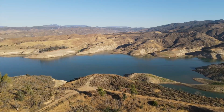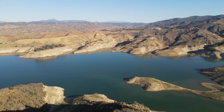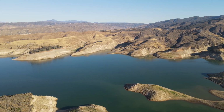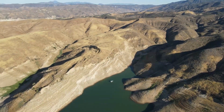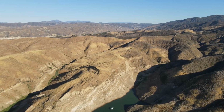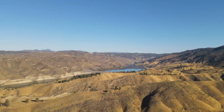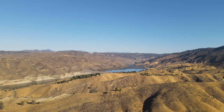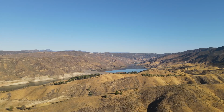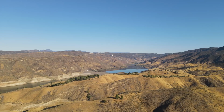As I flew, I didn't realize that over this hill is Castaic Reservoir. This is one tributary that I've flown over several times, and there it is. It struck me, it was only two months ago that I flew over this area, and it looks like the water level has dropped even more, so it's very disconcerting. As I crossed over this part and adjusted my heading towards my destination, the water tower, I saw that there was a water source in front of it. So I thought maybe there was a body of water, a tributary of Castaic Reservoir there, but